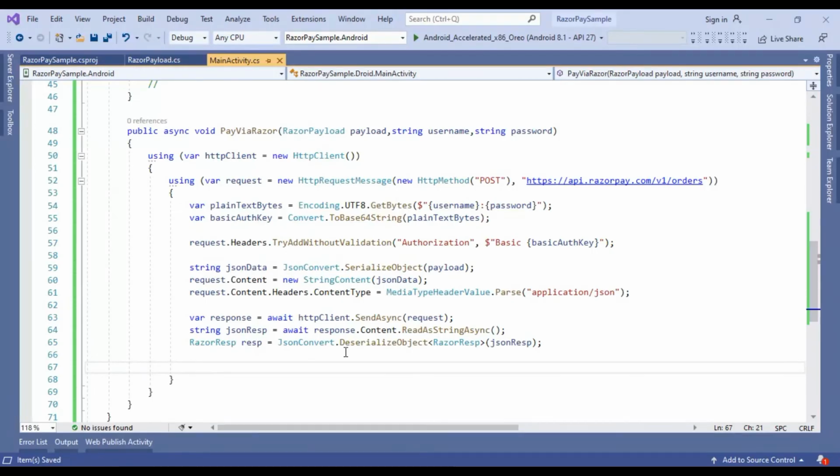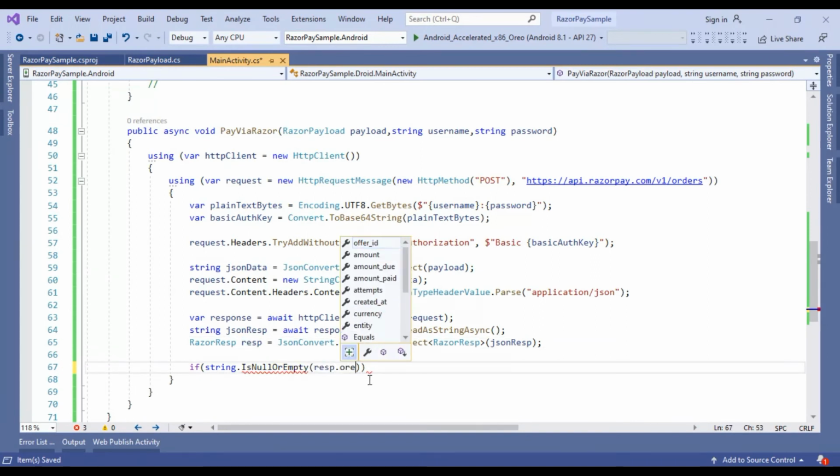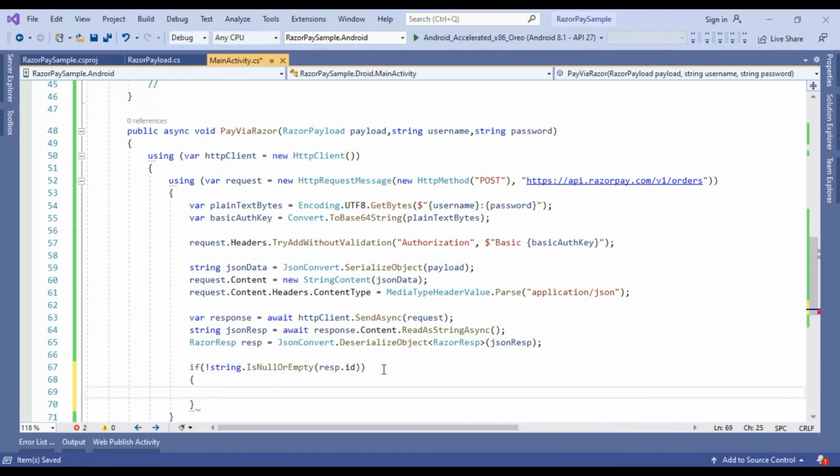So we are simply checking string.IsNullOrEmpty, and simply check the order ID here, response.OrderId. Okay, so if this order ID is not null, then we will go to the checkout process.